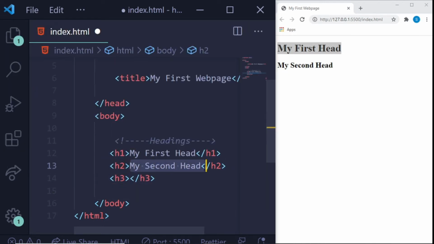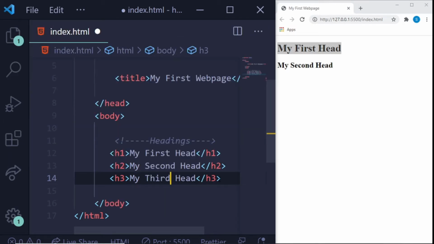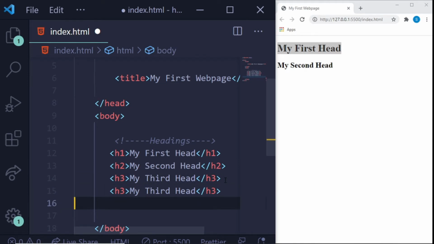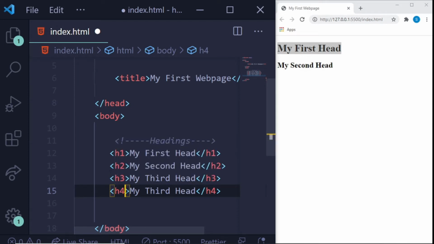We're going to copy this right here, put it inside, put third, copy this, put it inside, change this to 4, and you can see that when I change 4 here, this automatically changes. This is thanks to Emmet and VS Code, so that's why VS Code is the best when you're doing stuff like this. And I'll change it to 4th,